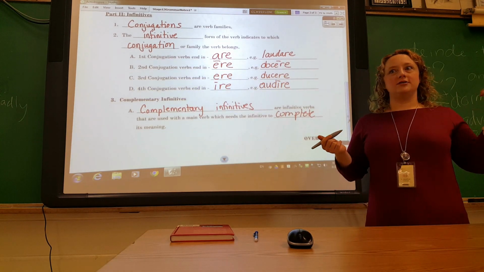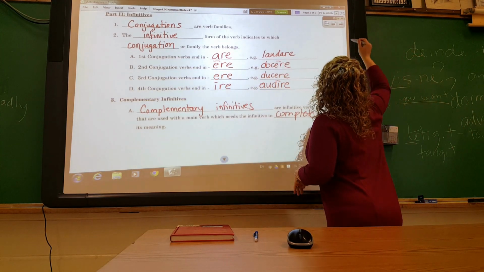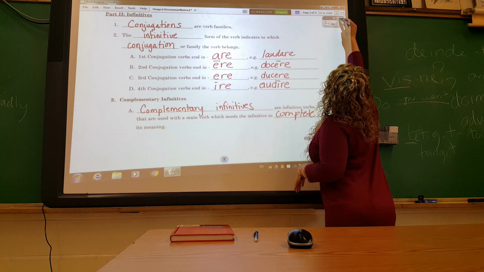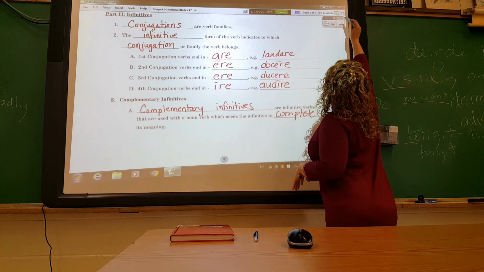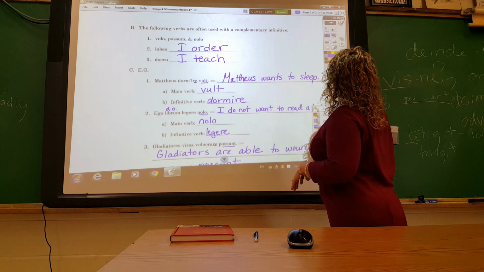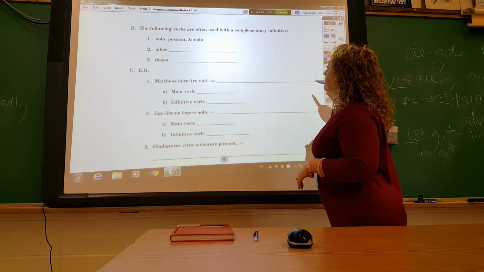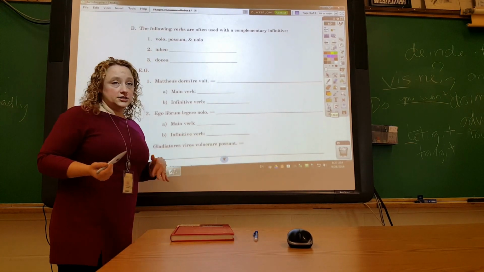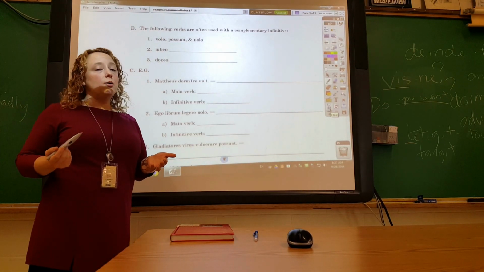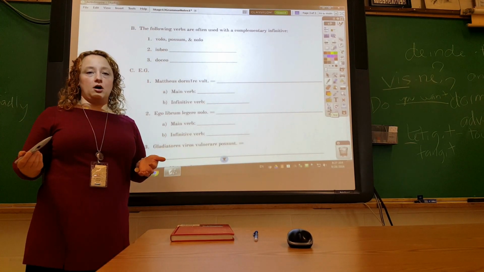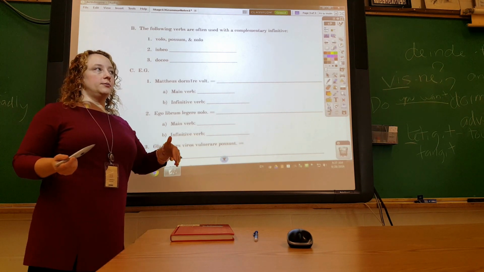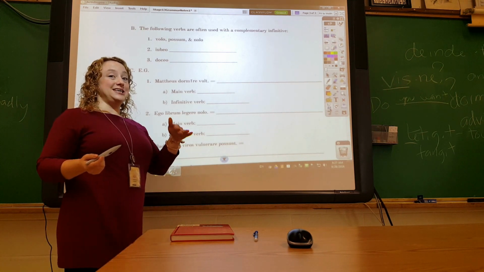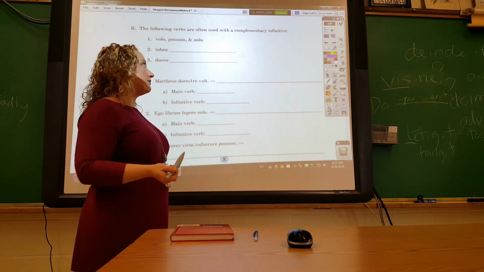Well, turn to the next page. The following verbs are all often used with complementary infinitives. They don't have to be, but they often are. You might just want food, but you also might want to eat dinner. To eat being the infinitive.